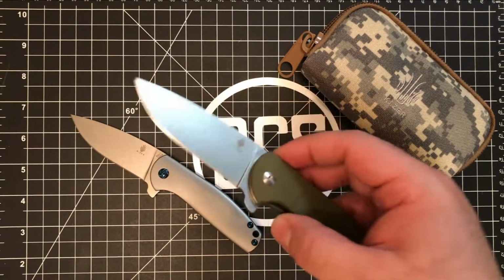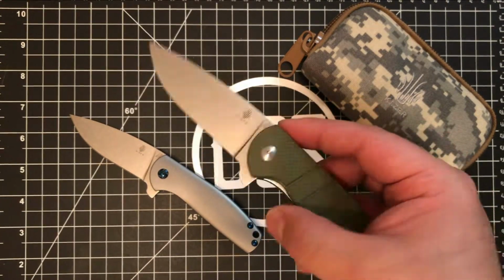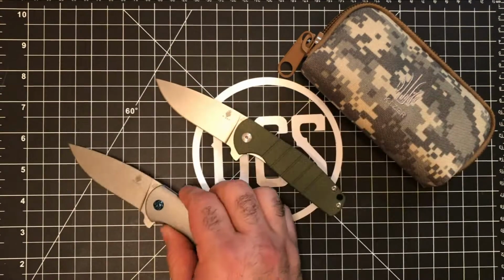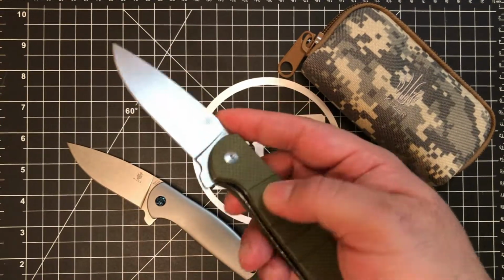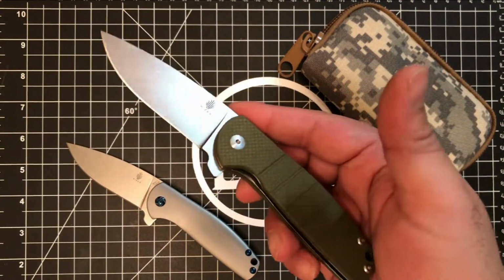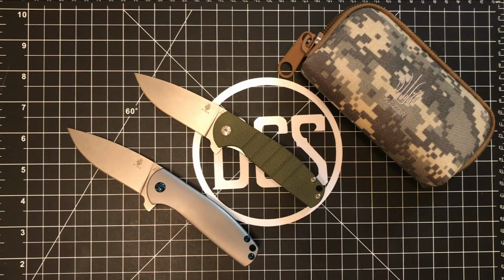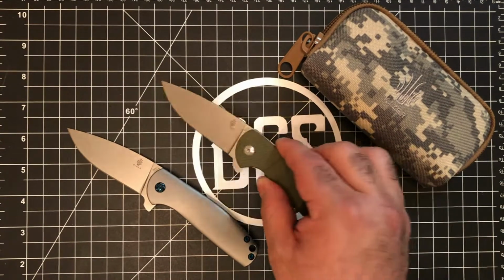I really do like this one, regardless of the fact that I don't own it and I actually own this version. I kind of would have liked to have seen this one, and if I had the opportunity to go ahead and see them both and try them out, I think I would have ended up walking away from the store with this one prior to going ahead and picking this one up. If you have the VG10 version and you're thinking of stepping up,